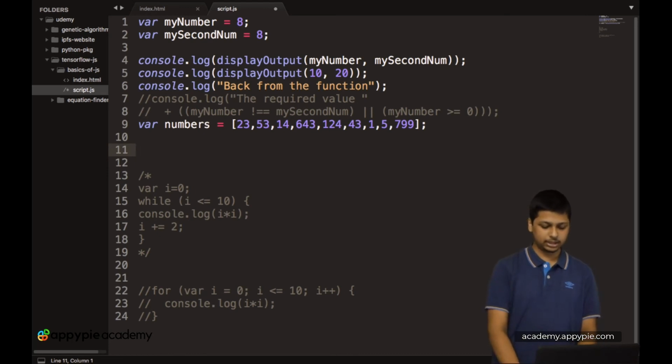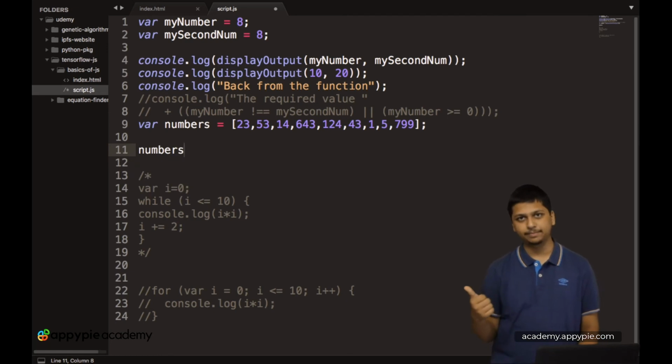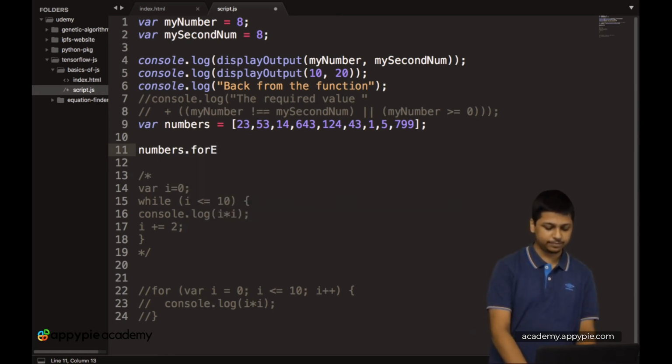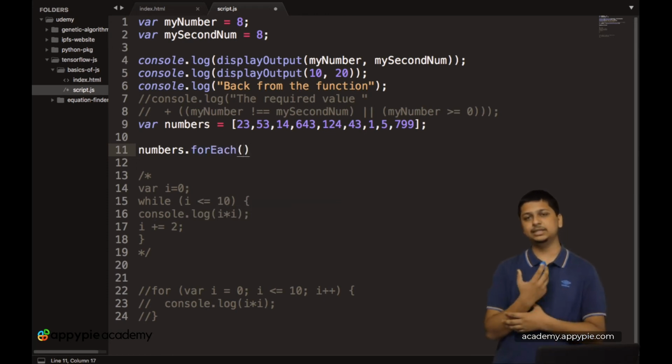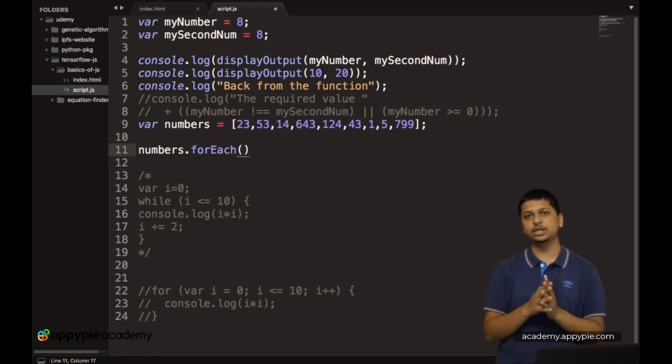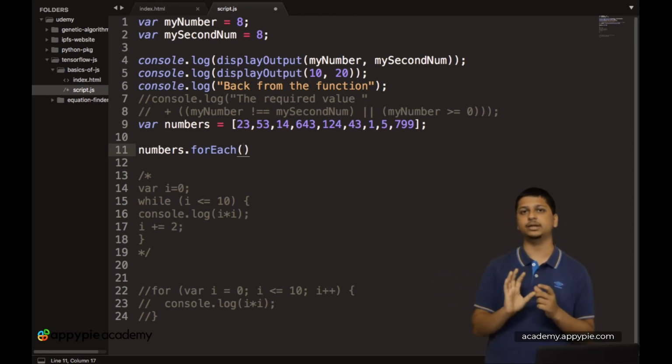The command over here is numbers, which is the name of the array. Then we have the dot forEach, with the E capital, and this takes in an arrow function. An arrow function is basically a single line method.